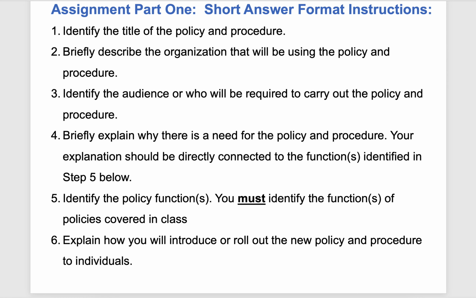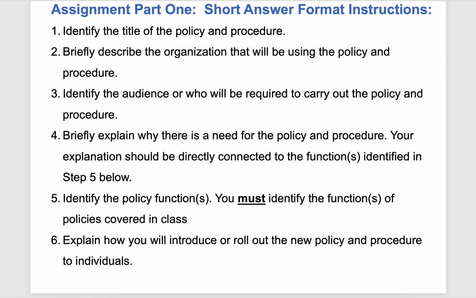Are you going to be sending it to the board for approval and then rolling it out in perhaps a monthly meeting? Are you going to print hard copies, circulate them, put them in a volunteer handbook, send it out in a newsletter or an electronic update? Is it going to be introduced during orientation and training? So in other words, if you are creating a policy and procedure, it is important that individuals are aware of